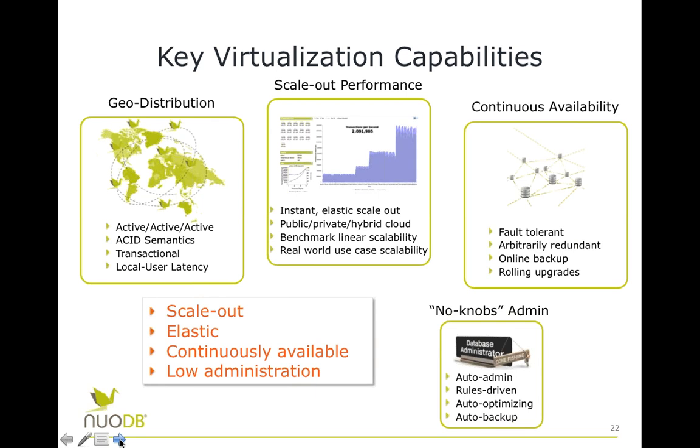As I said, the key requirements for a cloud application, and what you see incidentally in the middle there, I didn't mention the scale out performance. That purple chart, which you can see the shape of, is a screen grab from one of our nightly performance tests. We run them every night on the build, which is, are we imperiling in any way the performance increments that we get as we add more servers?